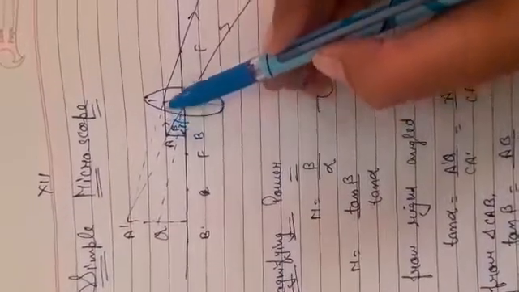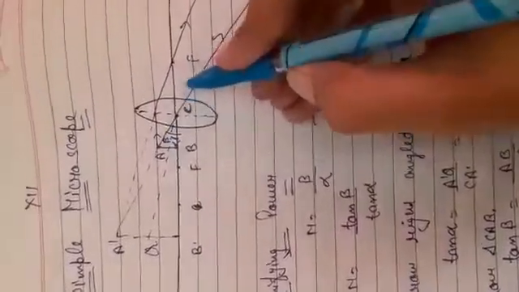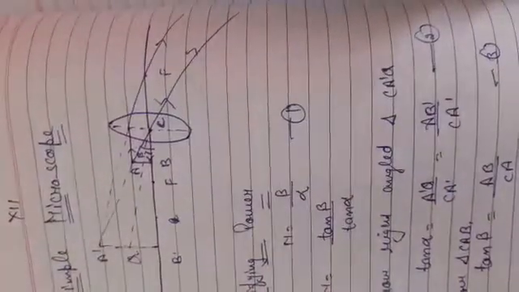It is based on the principle that we have to keep our object between the optical center and the principal focus, and we know that when a ray is going parallel to the principal axis, it will pass through the principal focus, and if the ray is going through the optical center, it will go undeviated outside. Now, our main purpose is to meet the rays, because to form the image there is a need to meet the rays after refraction. But here the rays are not meeting, they are getting diverged.